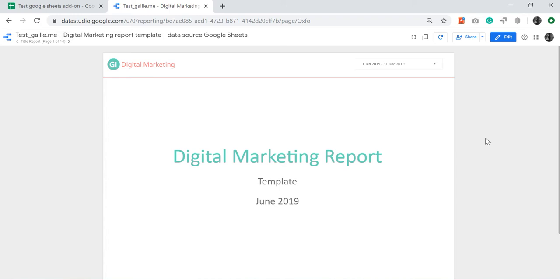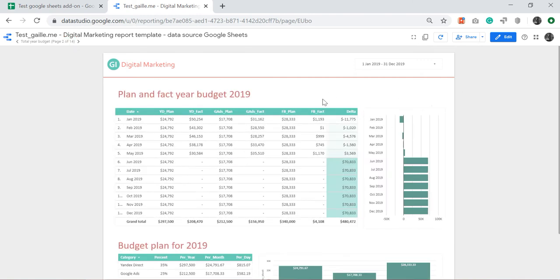Hey, I would like to share with you some information about interactive reports in Google Data Studio based on several data sources. Look, how does it look? For example, I have different pages in my report.